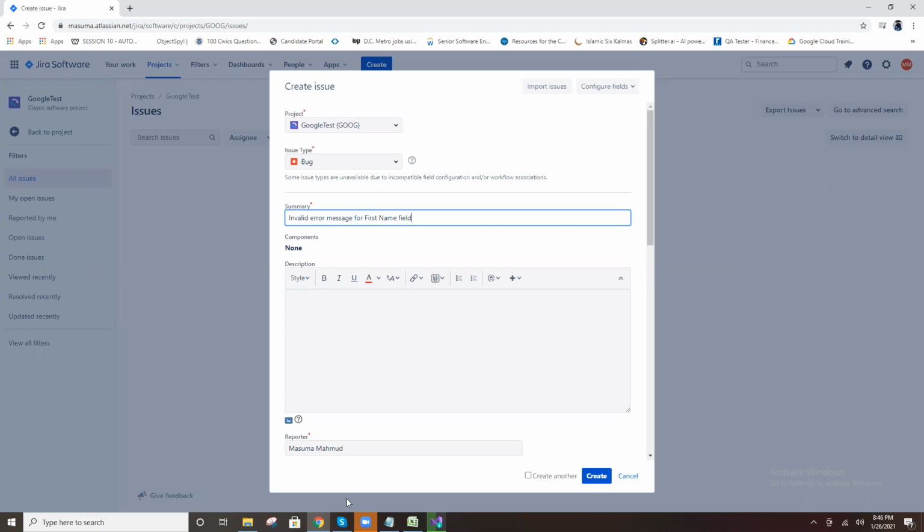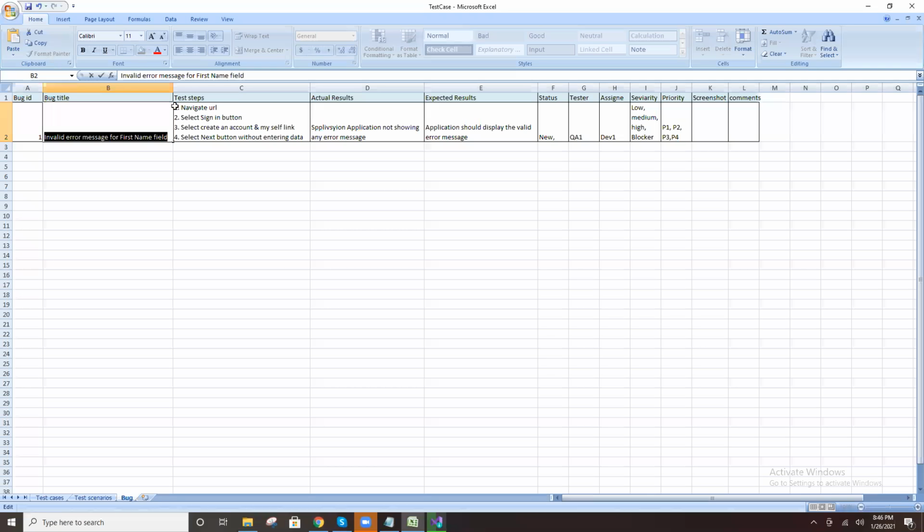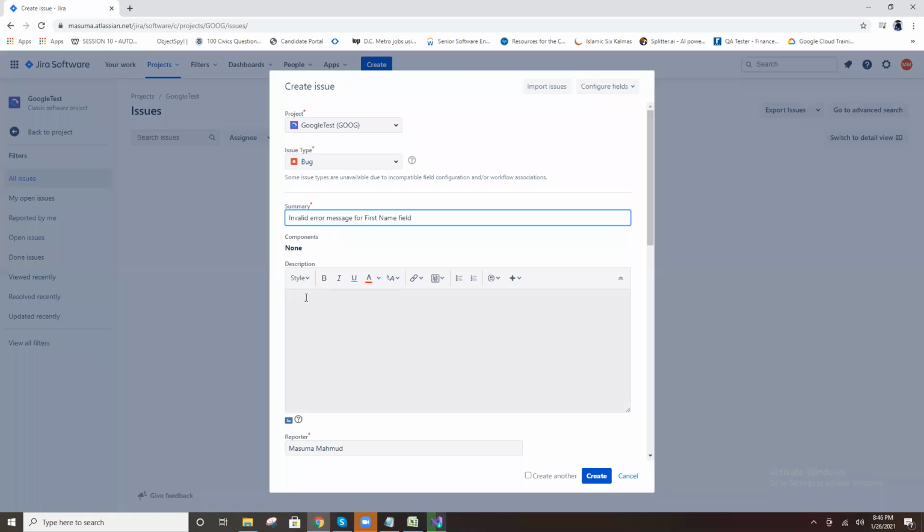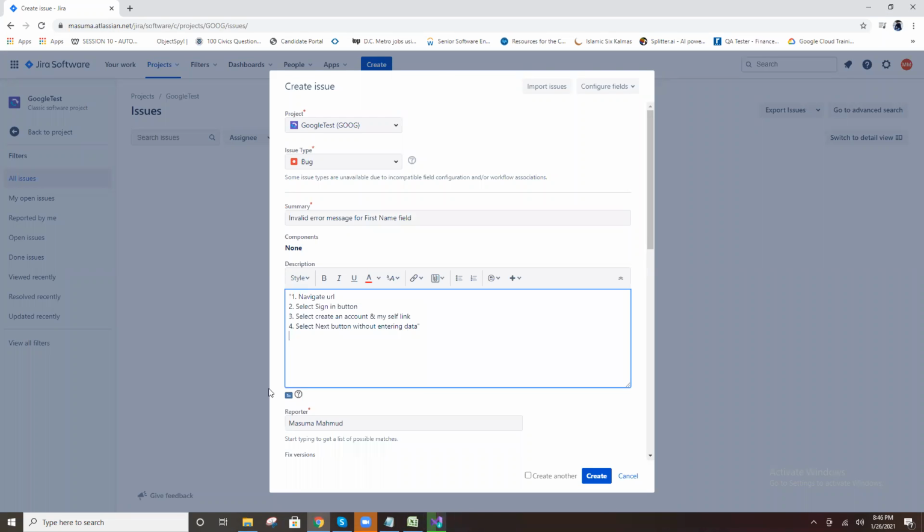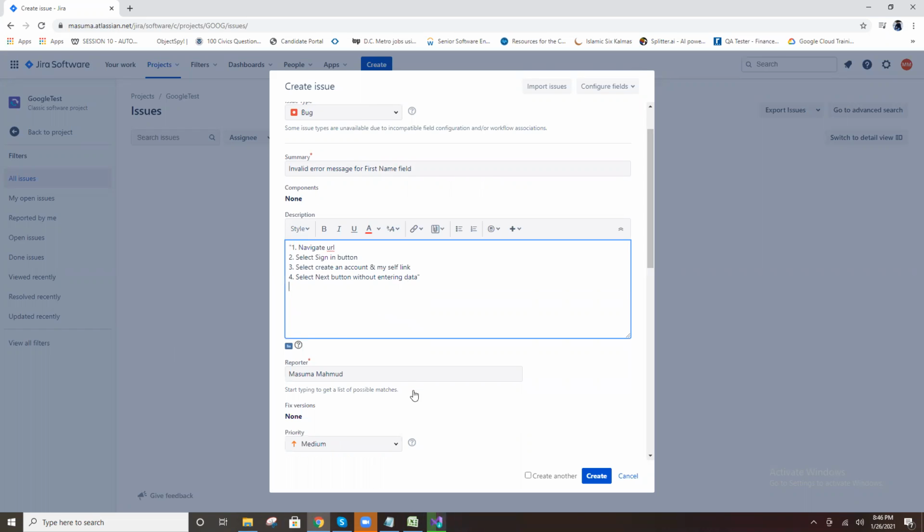And the test steps are there, right? Copy all the test steps and paste them in the description. The reporter is your name, you are the reporter, and automatically your name is displayed here.